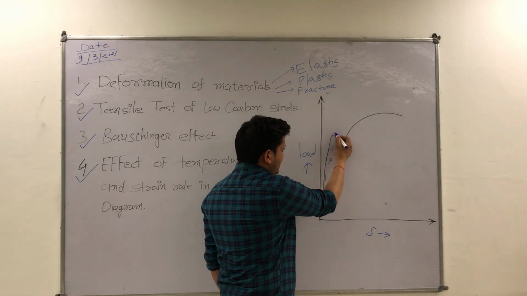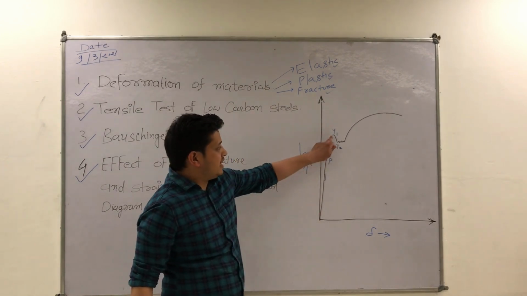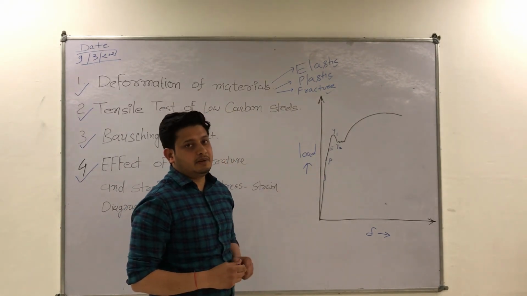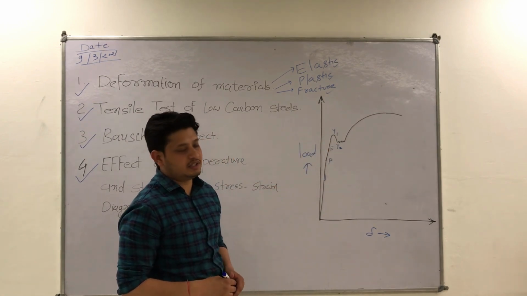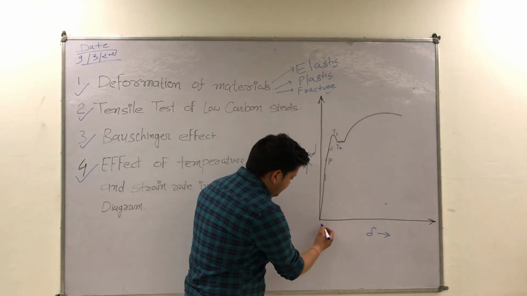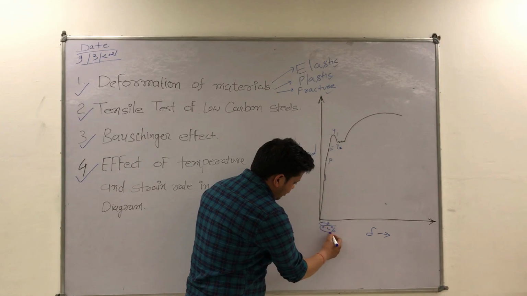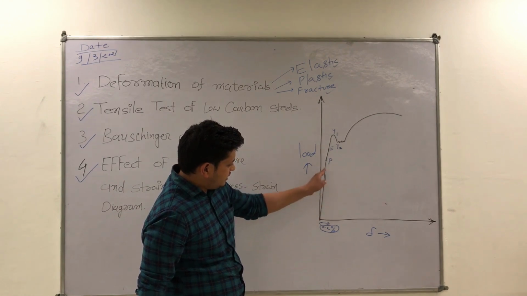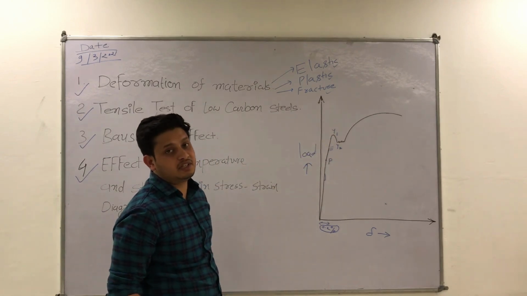After this point there is an upper yield point, say Y1, and a lower yield point, Y2. What is the yield point? It is the maximum value of stress that can be applied to the material, after which there is permanent deformation. It means that after this point, if we unload the material, the material is not able to regain its original shape. And how can we locate this point? Generally, we take 0.2% strain on the horizontal axis and draw a line parallel to the initial line, and this new line cuts the curve at a particular point. That point is generally known as the yield point.